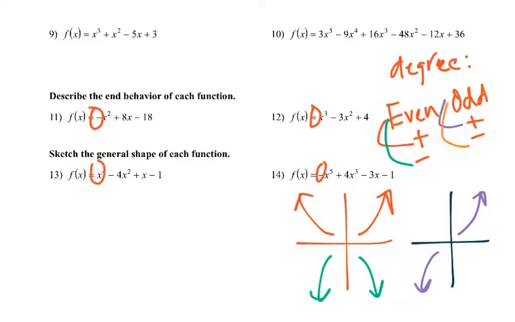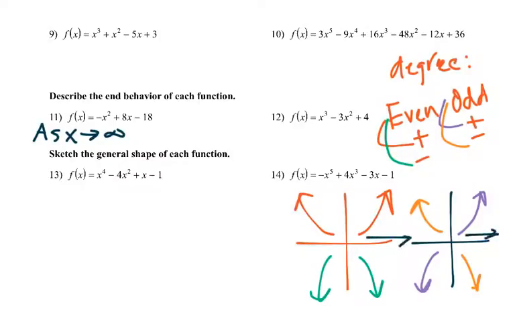And odd negative, the left side goes up, the right side goes down. Now, the way we're going to write it is something like this. As x approaches infinity, so that means as we look to the right, our function does something. What does it do? And then as x approaches negative infinity, so as we go to the left,